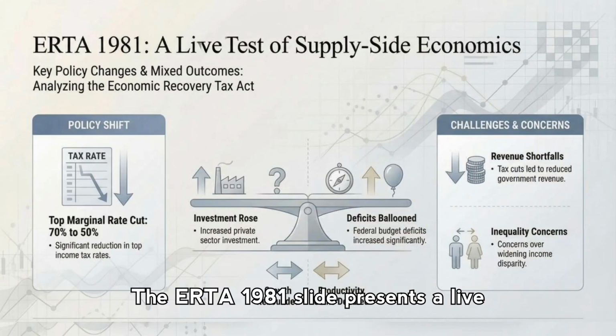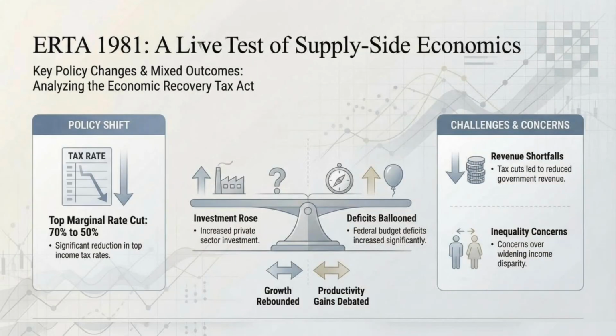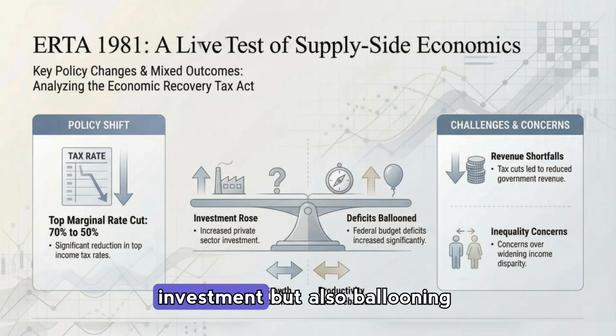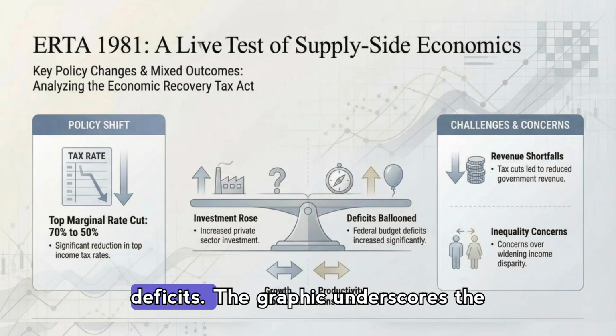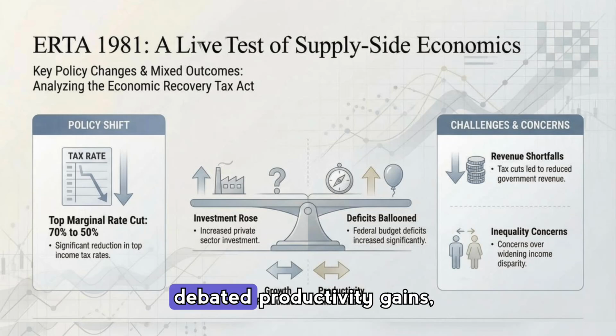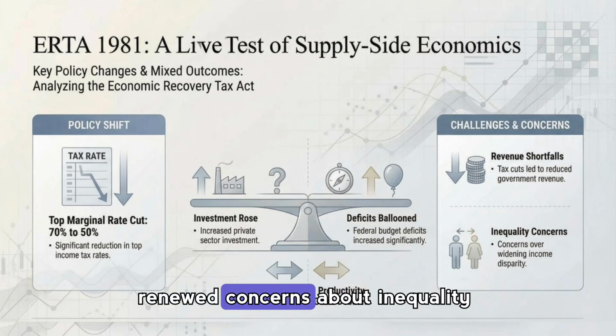The ERTA 1981 slide presents a live test of supply-side taxes with a large cut in the top marginal rate from 70 to 50%, which coincided with rising private investment but also ballooning deficits. The graphic underscores the mixed legacy, some growth and debated productivity gains, alongside revenue shortfalls and renewed concerns about inequality